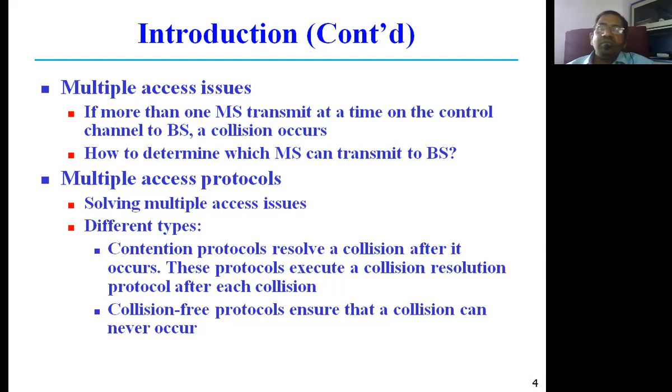because here whoever has got data will simply transmit the data. Once a collision takes place, then rectifying actions will be taken in the case of the contention protocols. The contention protocols are the very beginning protocols. These protocols are normally used wherever the traffic is going to be less. If traffic is going to be more, then contention protocols are going to hang the system, or stop the system.